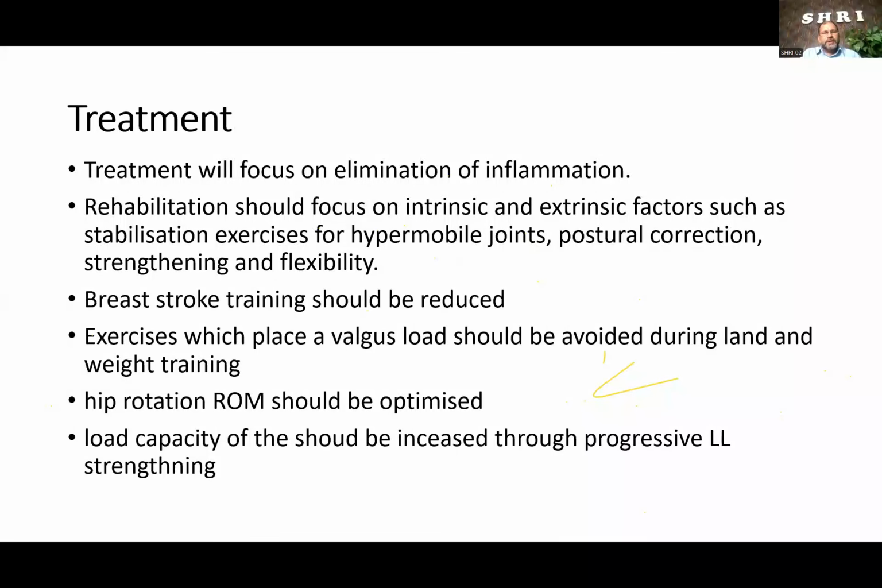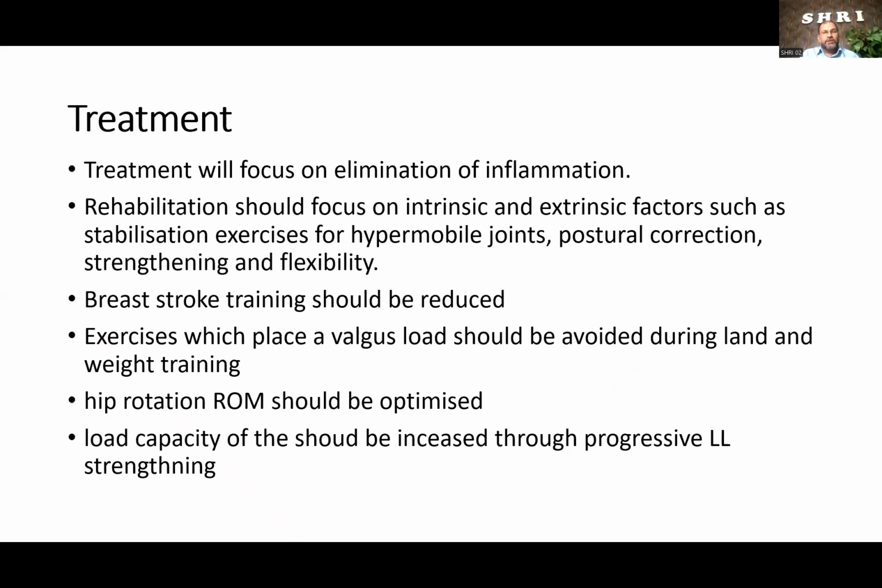Then how to treat medial knee pain or the swimmer's knee. So treatment will focus on elimination of inflammation. There they might get synovitis, capsulitis, so medial collateral ligament inflammation. So we have to eliminate them. And rehabilitation should focus on intrinsic and extrinsic factors, as I told you all earlier. So there are some intrinsic causes and extrinsic causes, which cause the long-term medial knee pain. So you have to do some stabilization exercises for hypomobile joints,